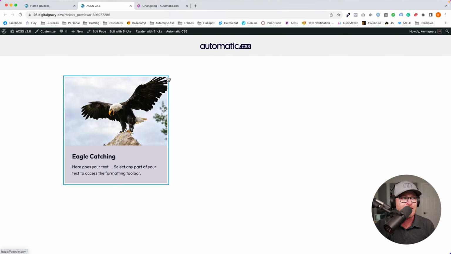So if you love having an offset on your focuses, then you're going to want to use the outline. But maybe it's more important to you that the focus style conforms to the shape of what you're focusing on, then you would want to use the box shadow styles. It's just a pros and cons thing. There's no right or wrong, outline versus shadow. And you can change it on the fly with these as well.